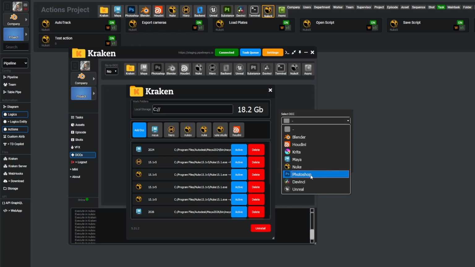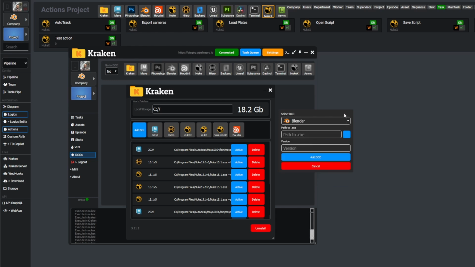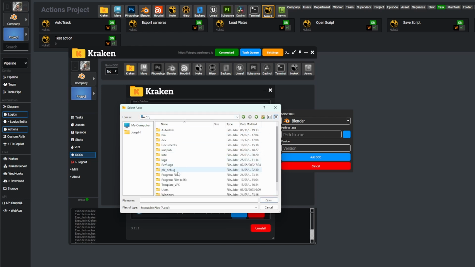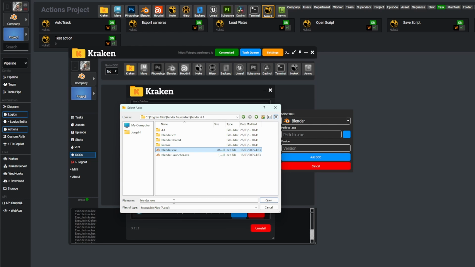In this example, we're going to install Blender, so we select Blender as the DCC, then use the file browser to locate the Blender executable, typically found under C:\Program Files\Blender Foundation\Blender\Blender.exe. The location of the DCC executable may vary depending on the software. For instance, Maya, Houdini, and Nuke will each have different installation paths. However, it's essential to always select the main executable, e.g., Maya.exe, Houdini.exe, Nuke.exe, as Kraken will use this path to